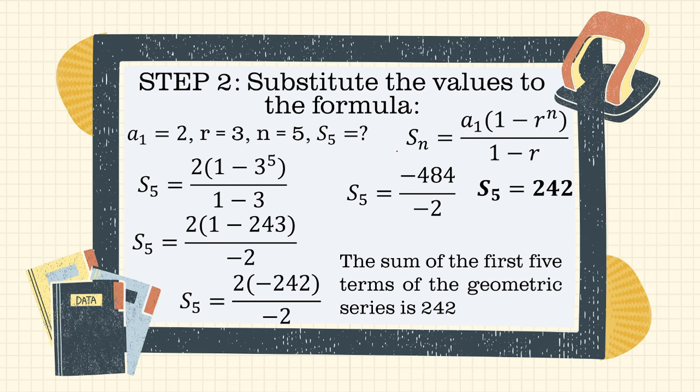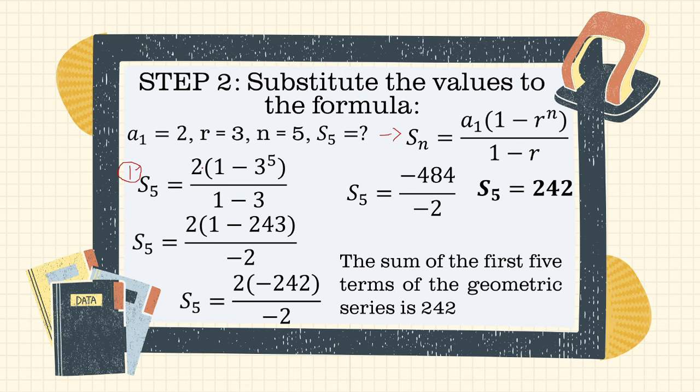Now, as you can see here, we have the formula: S of n is equal to a of 1 times 1 minus r raised to n, divided by 1 minus r. So let's substitute the given numbers. Since we are finding S of n, which is S of 5, this is the first thing to do. We have here 2